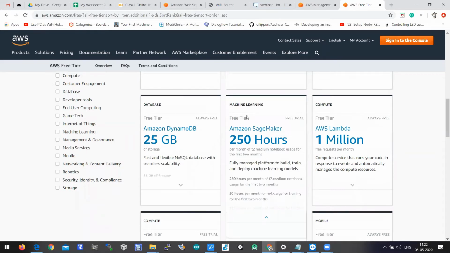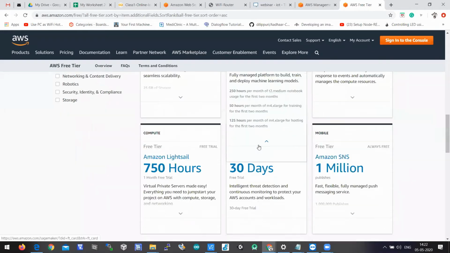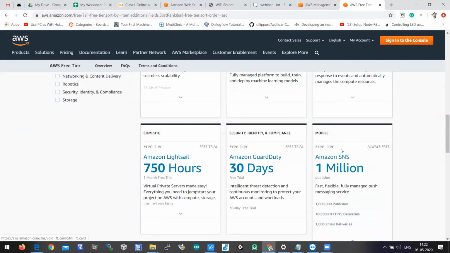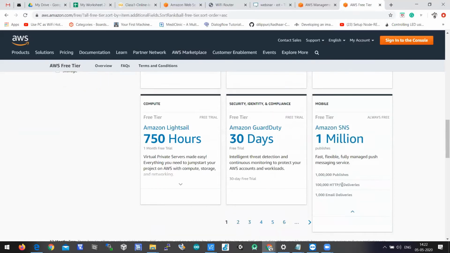And in this course we're also using Amazon SageMaker for analyzing all the data which comes from the edge device. So it is 250 hours per month, free. So when you look at the services of AWS, today and tomorrow we'll be using Amazon SNS also. 1 million requests are free in this 1 year free tier. It means that not every service is completely free for 1 year. So there are some constraints here.